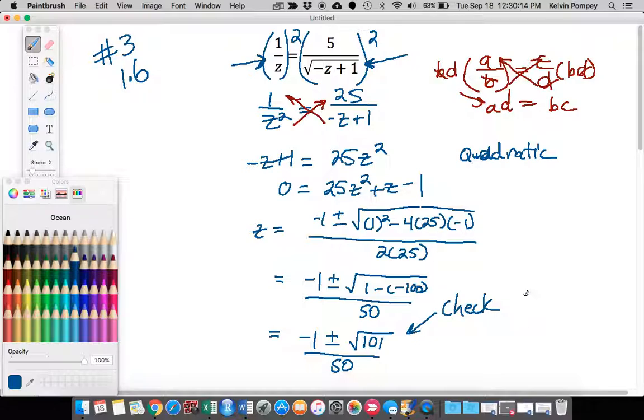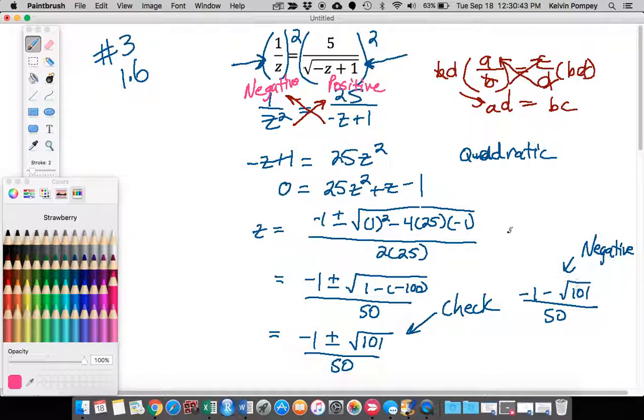So one thing I'm going to notice is that one of my solutions is negative 1 minus the square root of 101 over 50. And this is a negative value, right? Because my numerator is negative, right? And so if I were to plug this into my original equation, I know that this left-hand side over here will end up being negative, right? Because 1 over a negative number is negative, but this right-hand side over here is going to be positive. And the reason why it's going to be positive is because I'm going to put this negative number in here for z, right? But I have to do the negative of that, which makes that positive. Add 1 to that, that's positive. Take the square root of that, that's positive. So 5 over a positive number is positive. So I know that this one is not going to be a